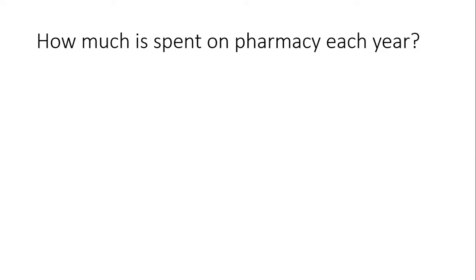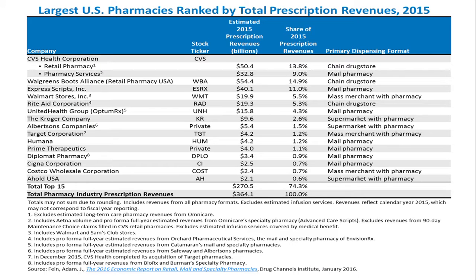How much is spent on pharmacy each year? This is by the Drug Channels Institute, and this is a very comprehensive report that comes out every year. This is my primary source of seeing how companies have really grown. They take a look at all of this information from primarily shareholder presentations. But take a look at CVS. Largest company. They essentially have $83 billion of annual revenues from pharmacy, but of course 32 of those billion come from mail order pharmacy, and so really Walgreens Boots is actually the number one at $54 billion coming from the